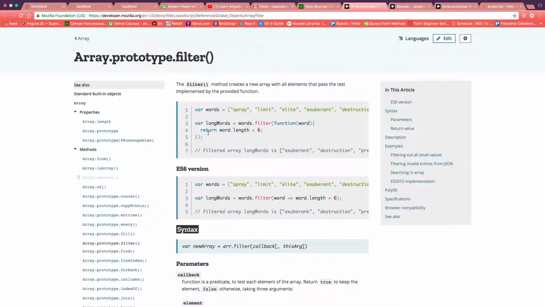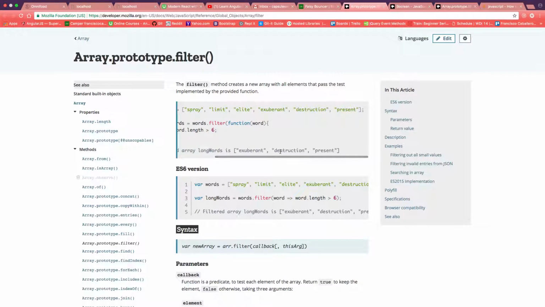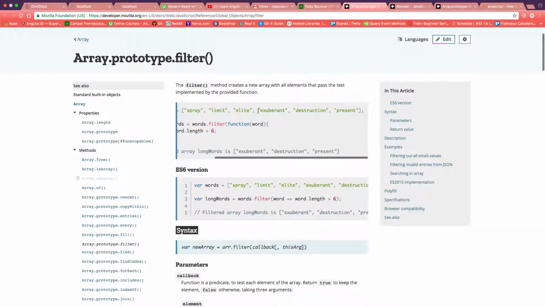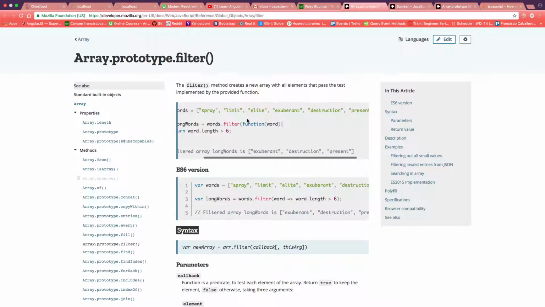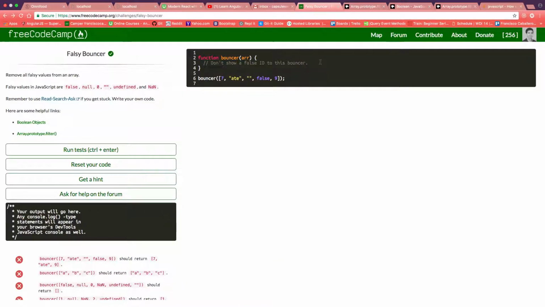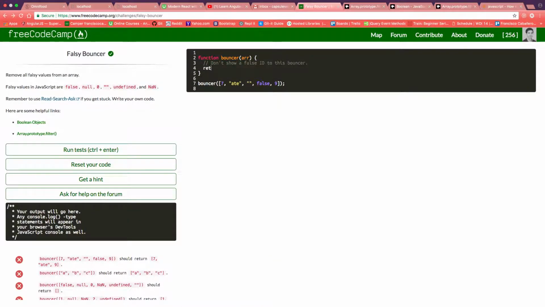So in this example, what they're checking for is to see if each word is longer than 6 characters. Okay? And if it passes the test, then it gets returned, like in this little example that we have down here. So filtered array longest words is all of the words that pass the test here that are longer than 6 characters. All right, so that being said, what we can do is we can return array dot filter,